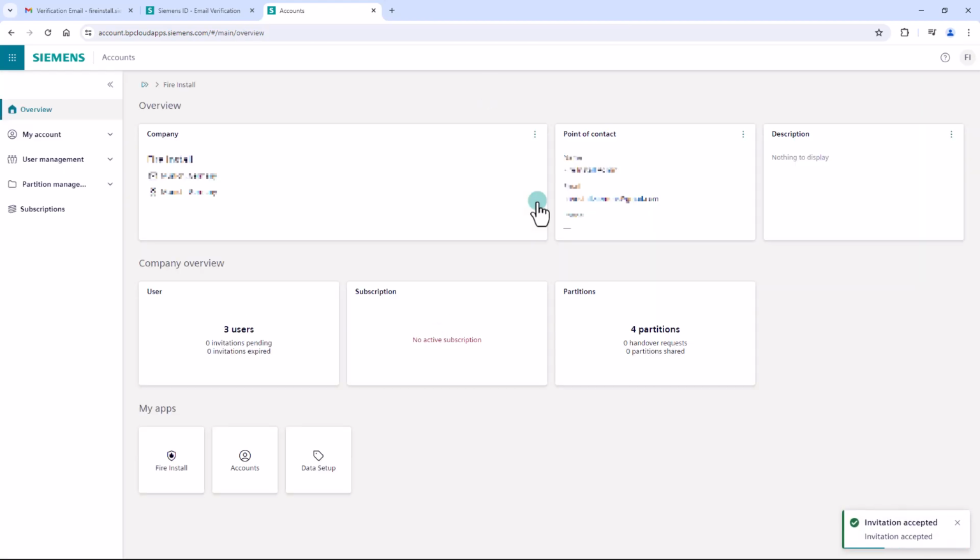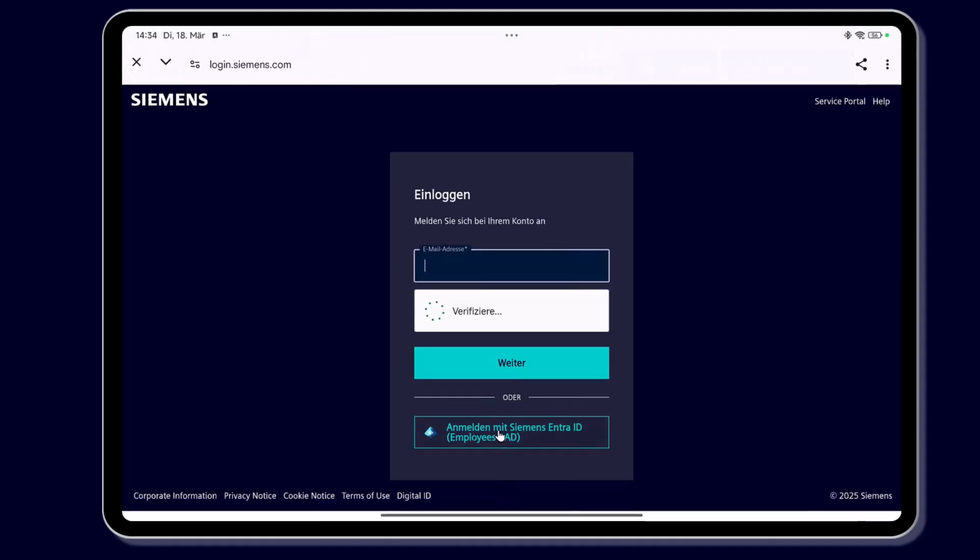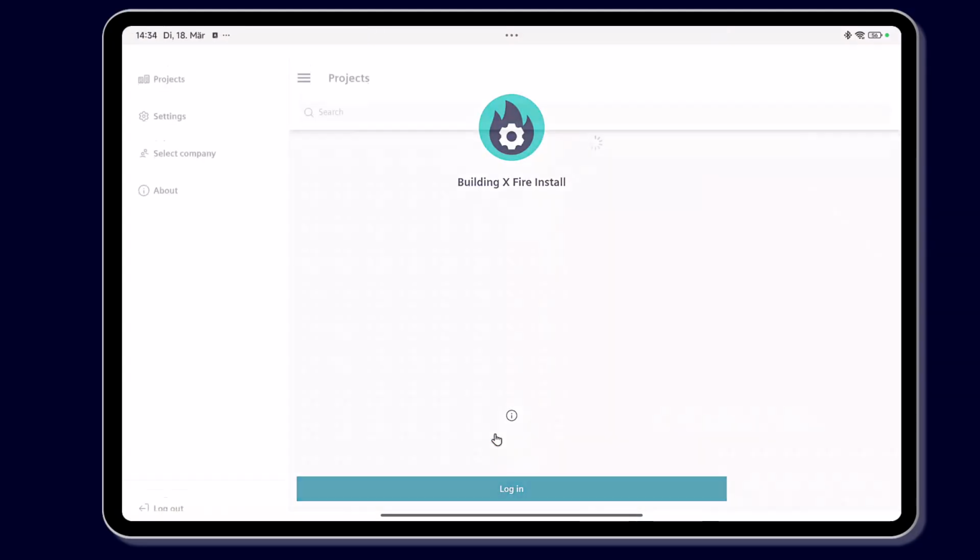If you have future projects, you can always use the same Siemens ID account, but make sure you accept the new invitations for the other projects, as they may be within different companies. When you sign in for the first time, you'll be asked to set up a biometric login with a fingerprint or face scan, which makes it easier to sign in and you don't have to keep typing your email and password every time. You can always change your login method later on.